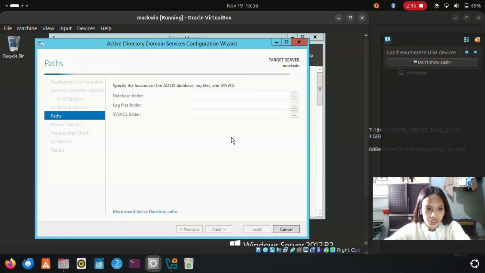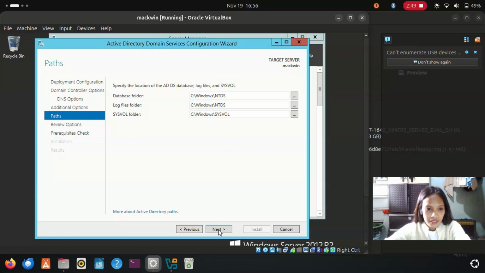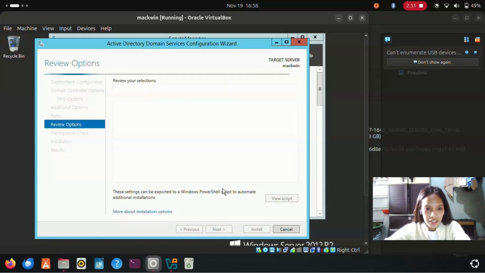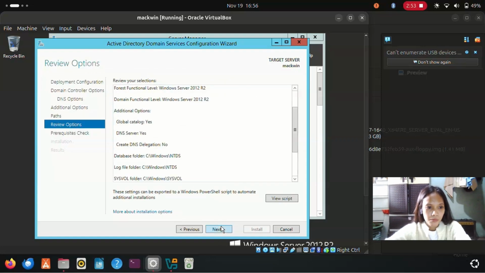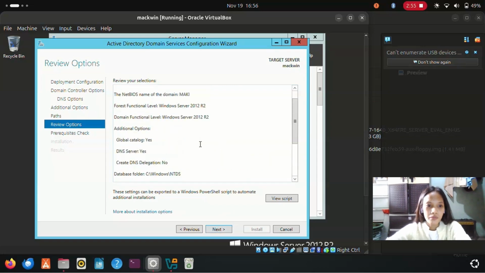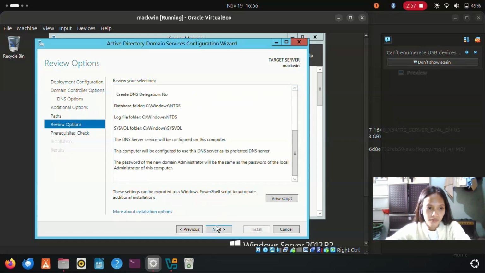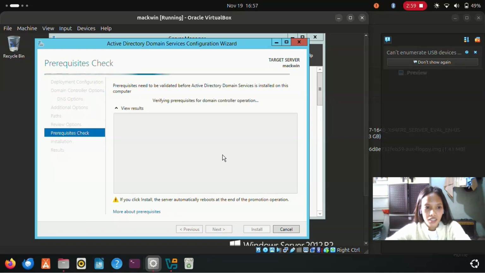A notification confirms that the server will automatically restart to finalize the promotion process and complete the role installation. The system forces a log off and initiates the reboot sequence.